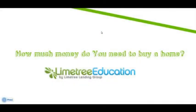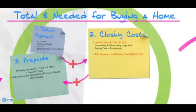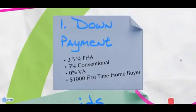How much money do you need to buy a home? The total amount of money needed for buying a home is comprised of three parts: the down payment, the closing costs, and the prepaids. While most people think you need 20% down when buying a home, that is not the case at all. The minimum requirements are listed below based on different loan programs. And not to worry, we'll show you the pros and cons of different loan programs so you can decide which is the right program for you. And if you have no money for a down payment, well, you can also receive a gift from a family